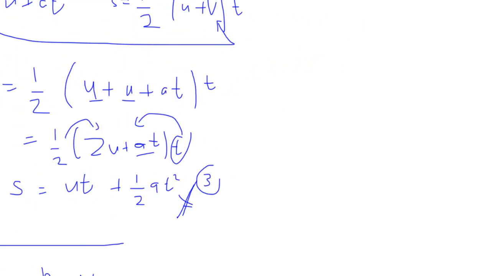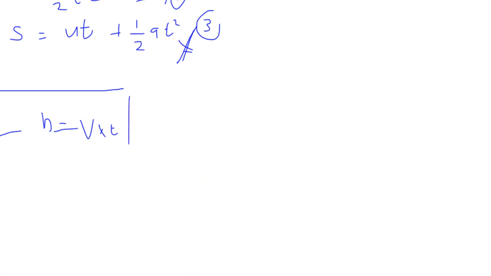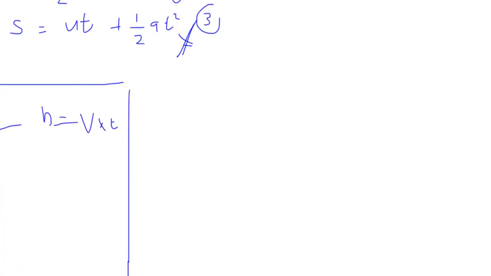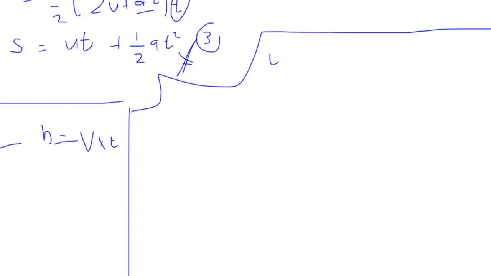Now let's see our fourth linear motion equation. I'm just going to draw it right here, so that we don't get mixed up. I'm just going to put some barriers. Alright, so our fourth one,